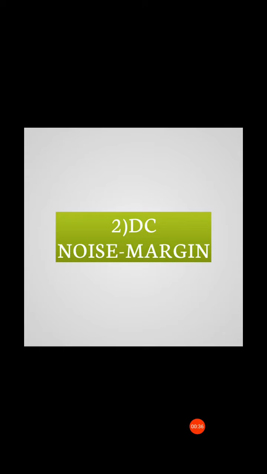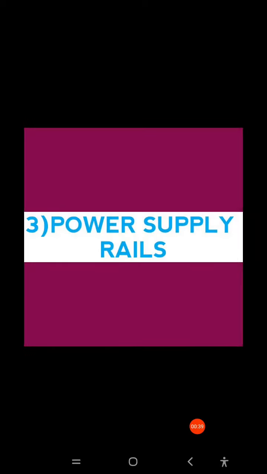This one is the second parameter, and the third parameter is power supply rails. In normal circuits we use either VCC or ground, right? So here also the power supply rails consist of VCC, that is the power supply voltage, and ground. The CMOS levels are always a function of the power supply rails, and those values are